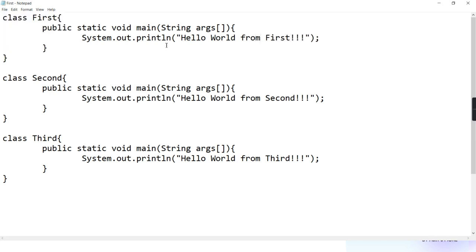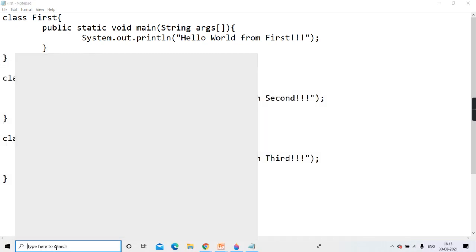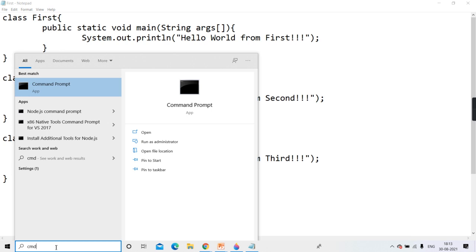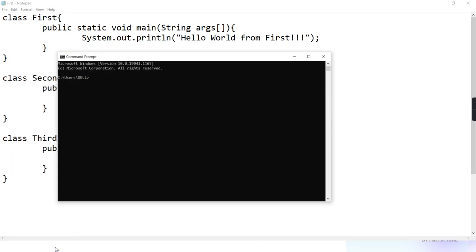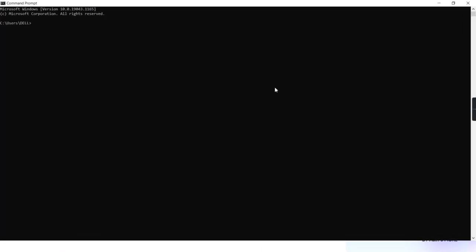Okay, in the last session we have discussed everything about public, static, void, then what is main, what is this String, each and every detailed thing we have done. Now I'll go to the terminal, the command prompt. I'll do cmd, enter. This is my command prompt.